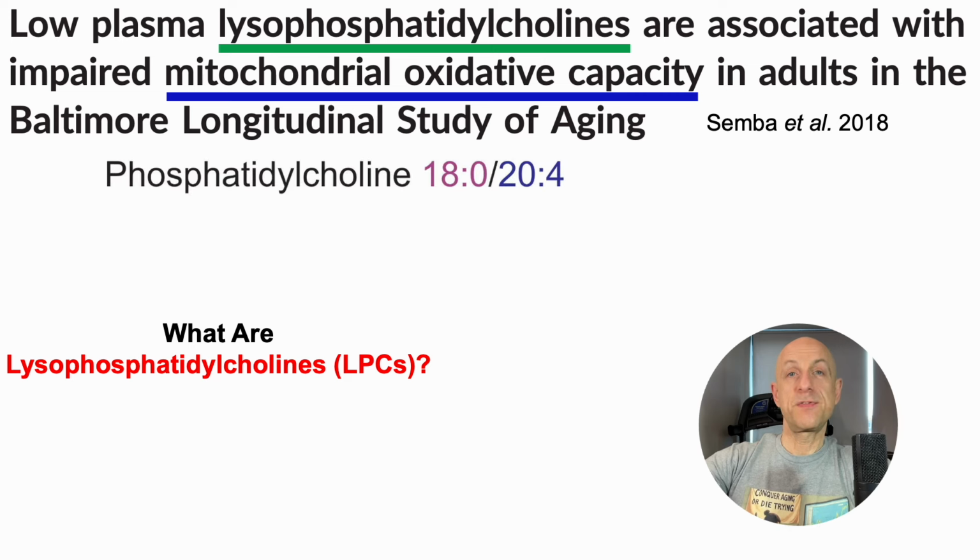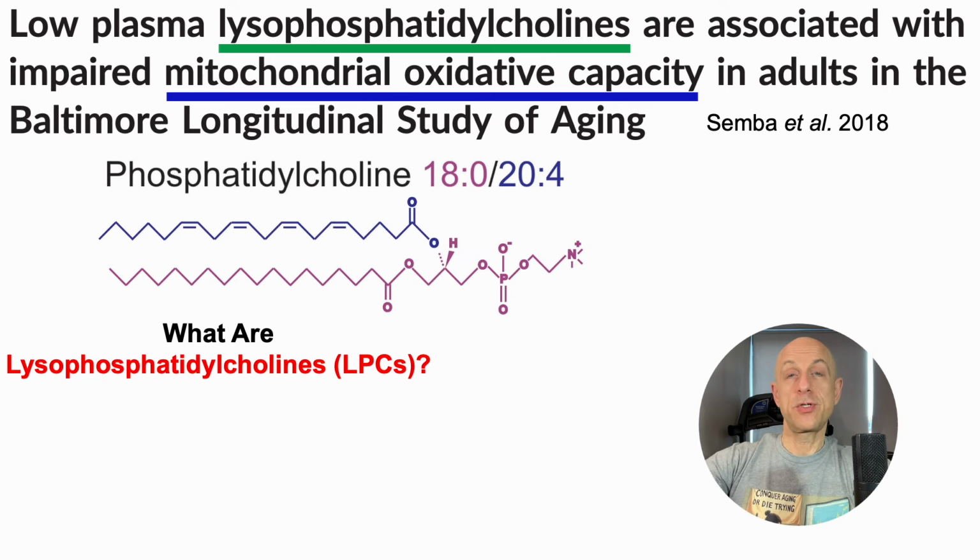So starting with phosphatidylcholine 18:0 and 20:4. So what does that even mean? So the chemical structure of this metabolite is shown here. It includes 2 fatty acids, fatty acid 18:0, which is stearic acid, and fatty acid 20:4, which is also known as arachidonic acid. So the first number is how many carbons, the second number is how many double bonds. So in the case of 18:0, that's a saturated fatty acid, and 20:4, or arachidonic acid, that's a polyunsaturated fatty